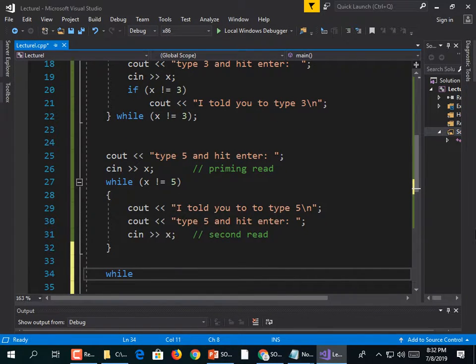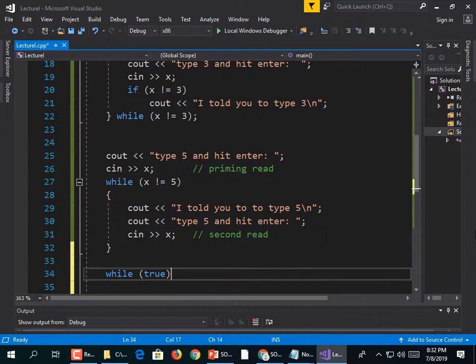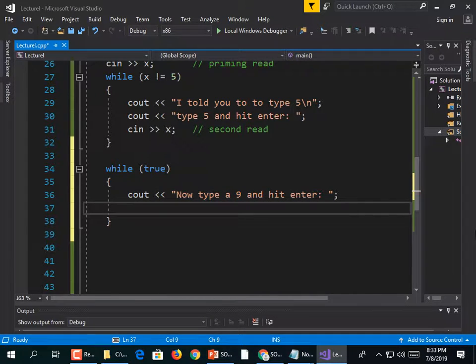Instead, we're going to do while true. How does that work? Well, this expression is evaluated, and if it's true, then it enters a loop. Well, the word true means it's always going to enter the loop, no matter what. But if you're going to do that, there better be a break statement in there, or a return. So while (true) {, let's tell them what we want them to do. cout << "Now type a 9 and hit enter: "; cin >> x;